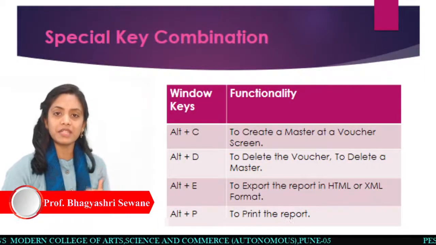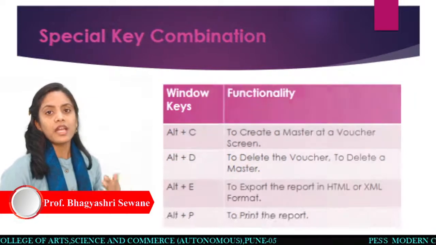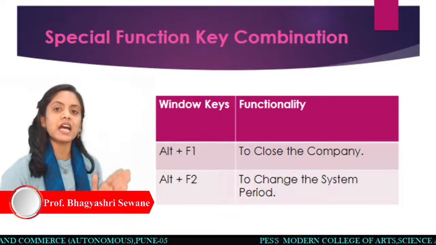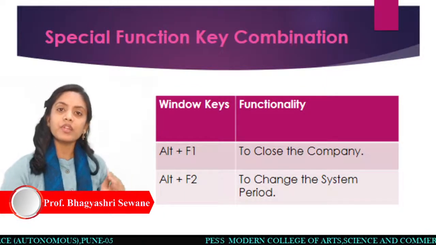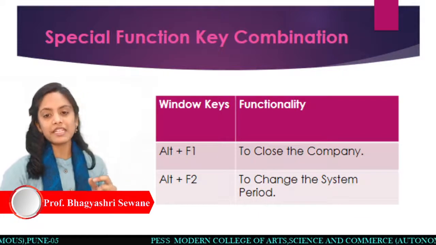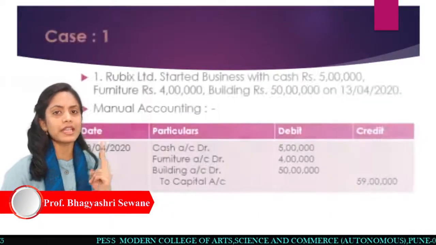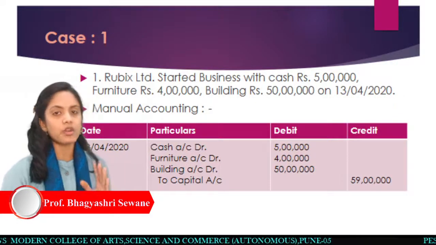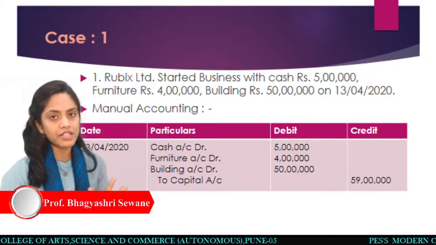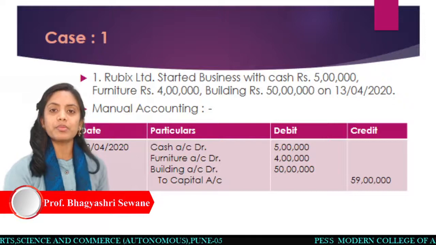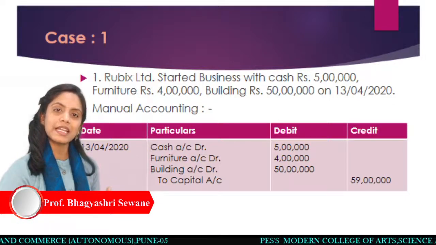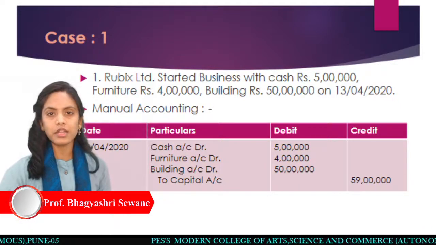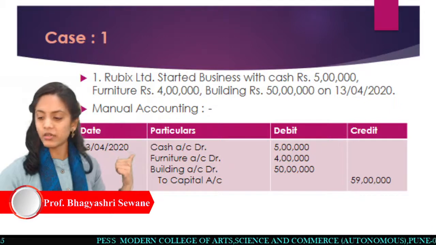In that session we have also seen how to create groups. In Tally Prime there are by default a list of groups already given to us. Now we have to create ledgers, because by default Tally has given us only two ledgers, that is the cash account and the profit and loss account. As per the transactions of our company, we will create the ledgers in time. So we are going further in this session by going through this particular transaction.